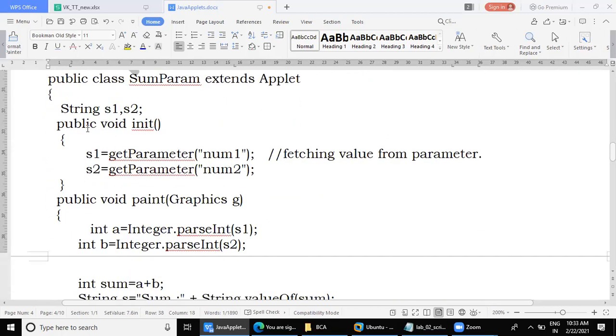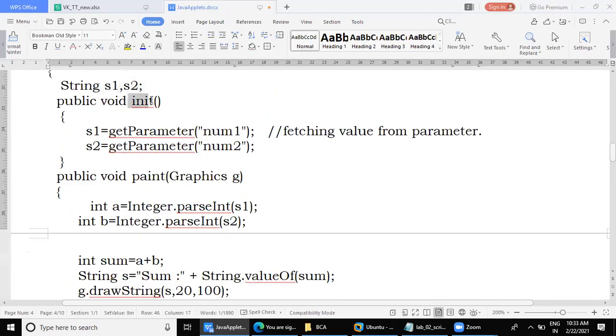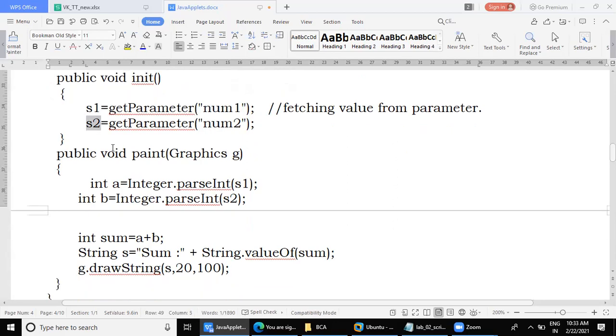Long process. Now see here. I have taken two string variables. Here I am using init. s1 is initialized by fetching the value from num1. How do I fetch the value? Using getParameter. getParameter from the num1 parameter, and that value will be stored in s1. From num2 it will be stored in s2.